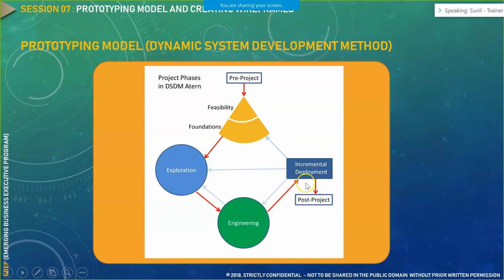So this is also a model wherein we use prototypes heavily, and once the customer is convinced with the number of developer increments we have delivered to them, we finally close that particular project and we do the post-project activity. So these are essentially two such models which are heavily influenced by prototype. Other than that, whether you consider agile approach, waterfall, incremental, Kanban, XP, DevOps model, in every framework, in every approach, whether it's traditional or agile, we use prototype more or less in a given project context.